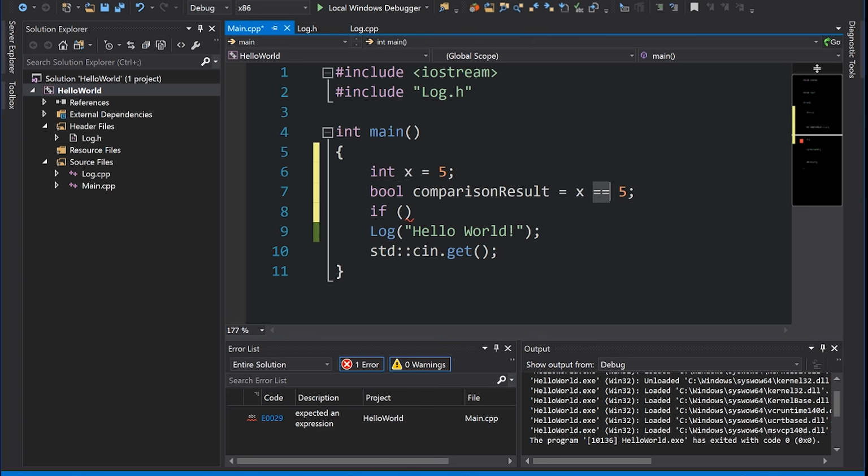It's basically going to check to see if x is equal to 5. If it is equal to 5, the result of this comparison will return true. However, if x is not 5, we will get false. So once this line of code gets executed, the comparison result will be either true or false, depending on the value